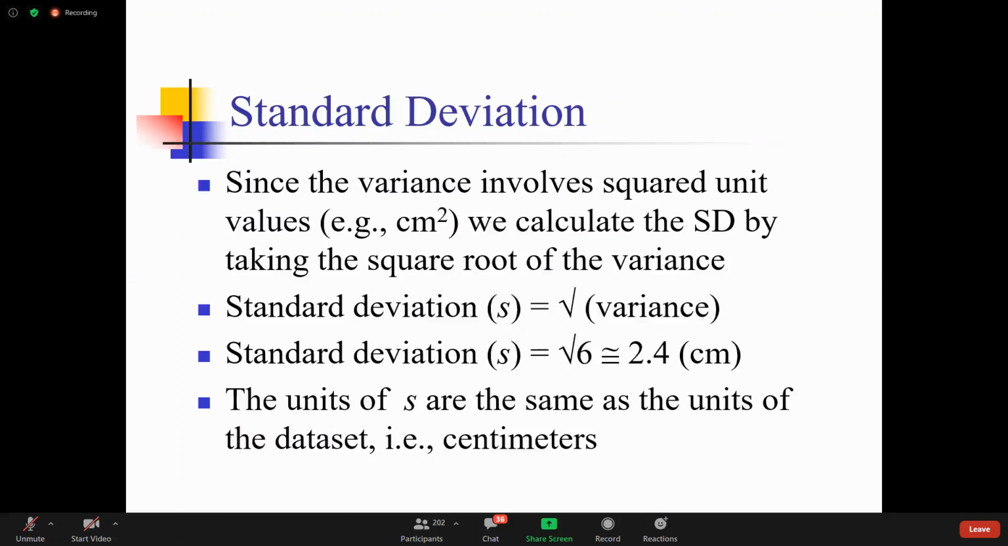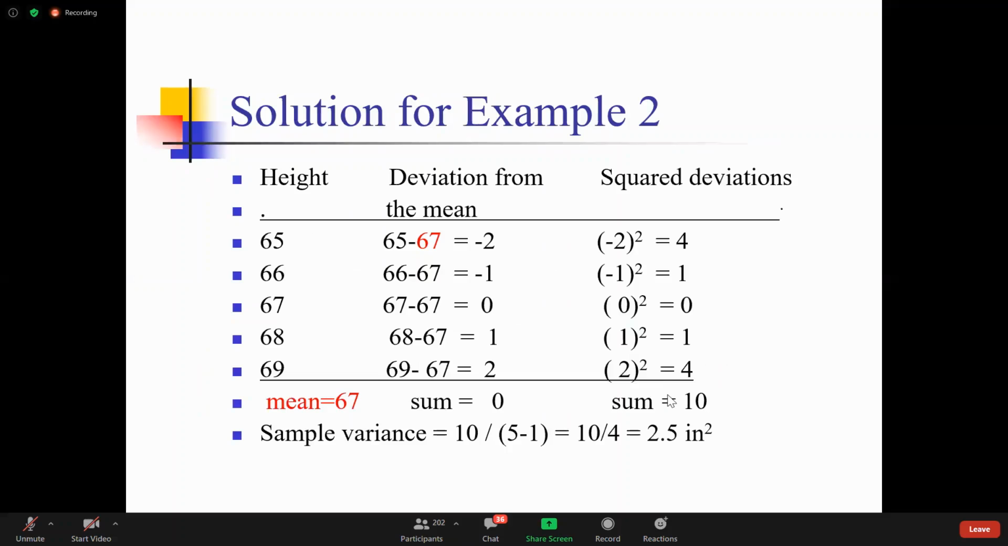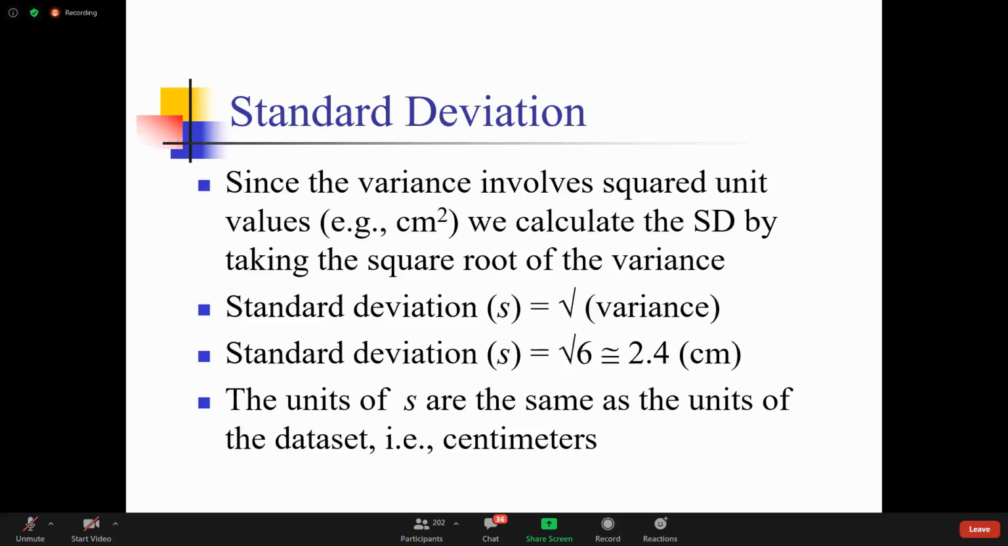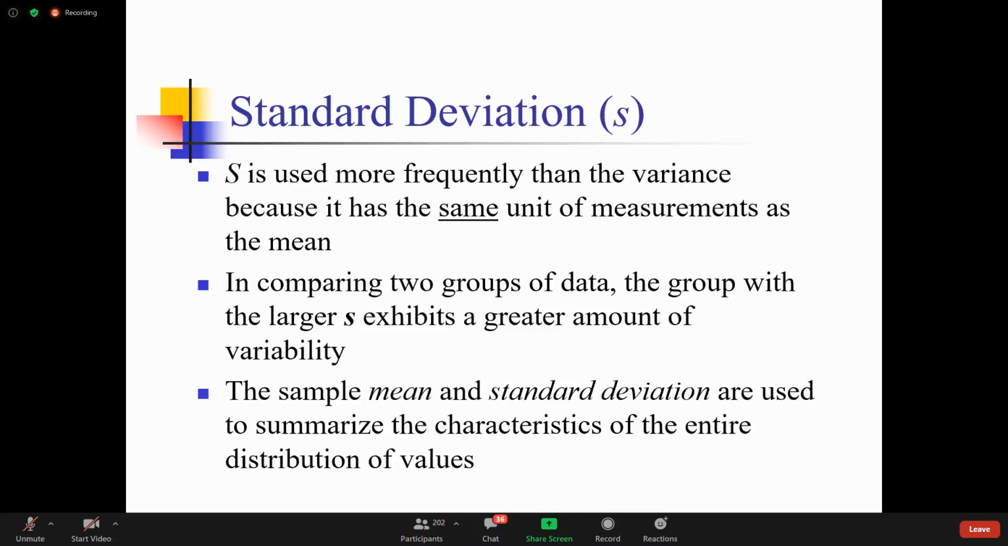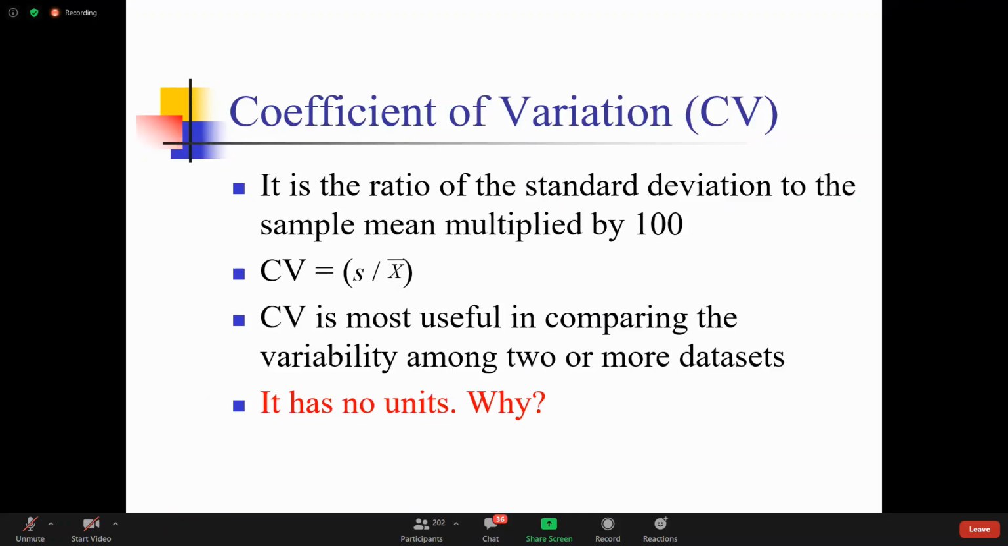So the standard deviation, again, for this data, you take the square root of the variance, and you find the value. Now, I'll leave you to read this. Now, let me go back and discuss with you the